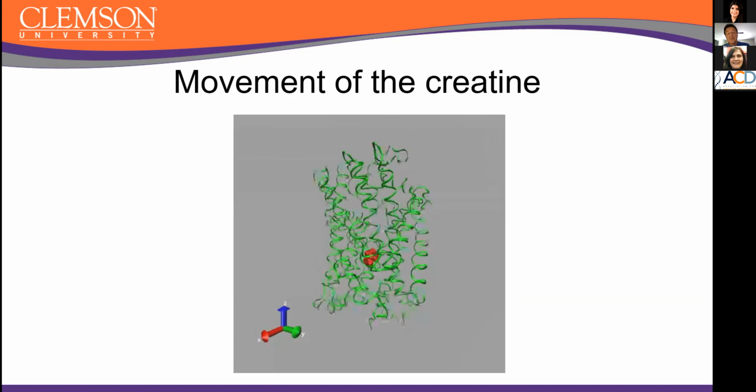And I have to tell you that everything I'm showing right now was done in the presence of the membrane and explicit waters. For simplicity, they are not shown in this movie. As we see, the creatine progresses its release to the outside of the membrane. And as you perhaps noticed, this is a stepwise trajectory. There are pockets where the creatine stays a while, then moves in a kind of giant step, gets to